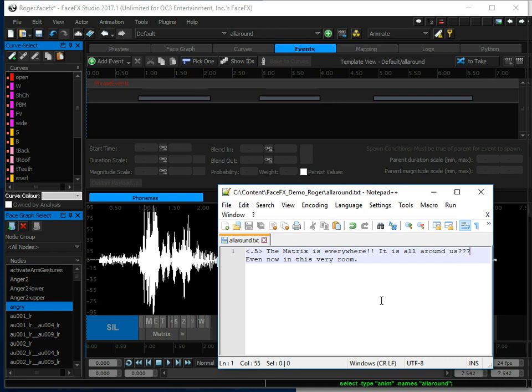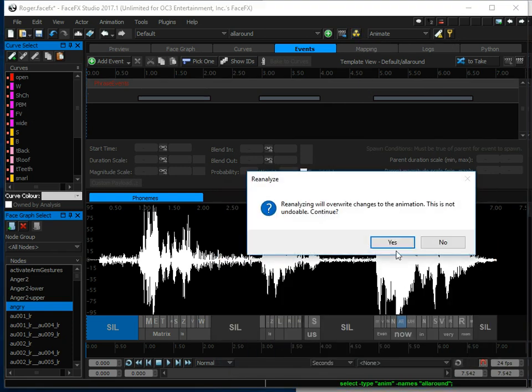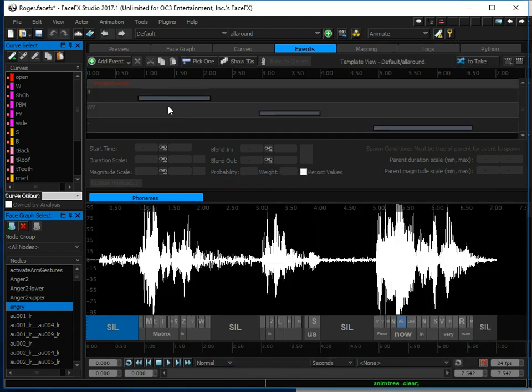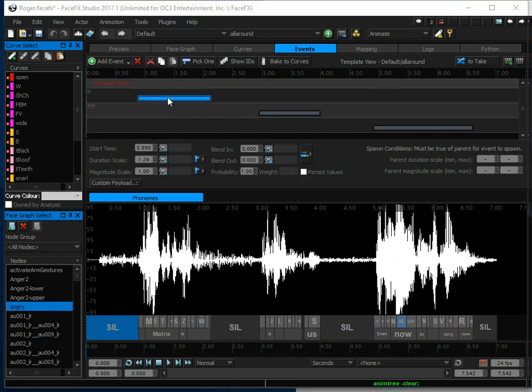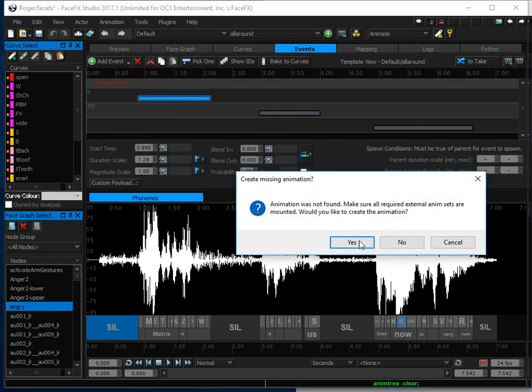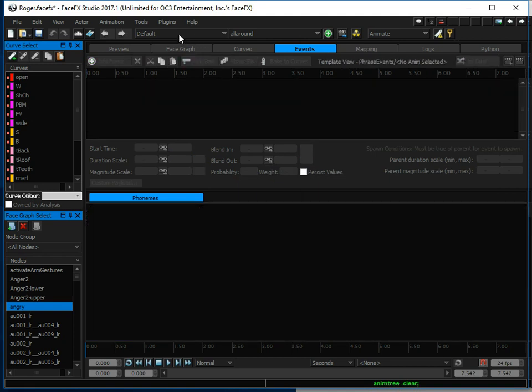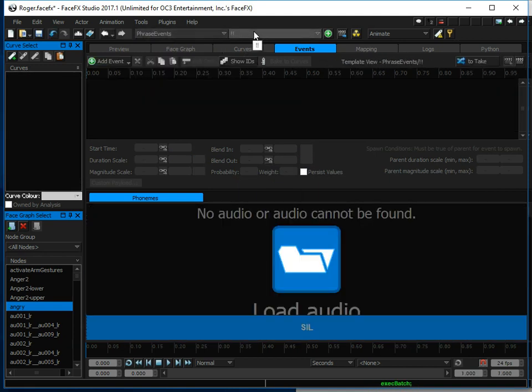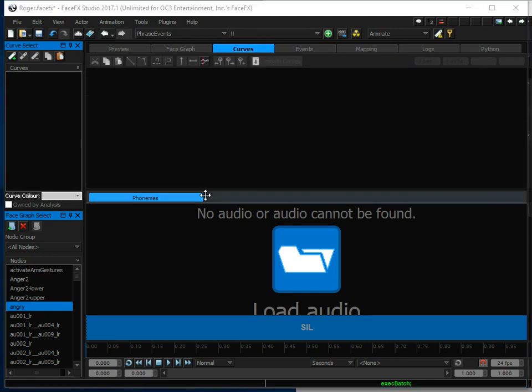for these phrase events. So when I reanalyze this audio file, I'm now going to get distinct phrase events with the double exclamation point, the triple question mark, and the period. Now let's say for the double exclamation mark, I want to perform some sort of animation. I just double click on it, and it's going to create the phrase event group and the double exclamation mark animation. I'm going to add a curve to this